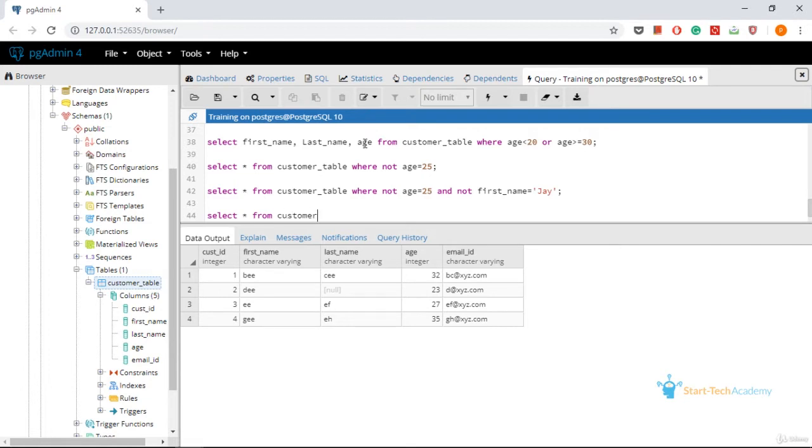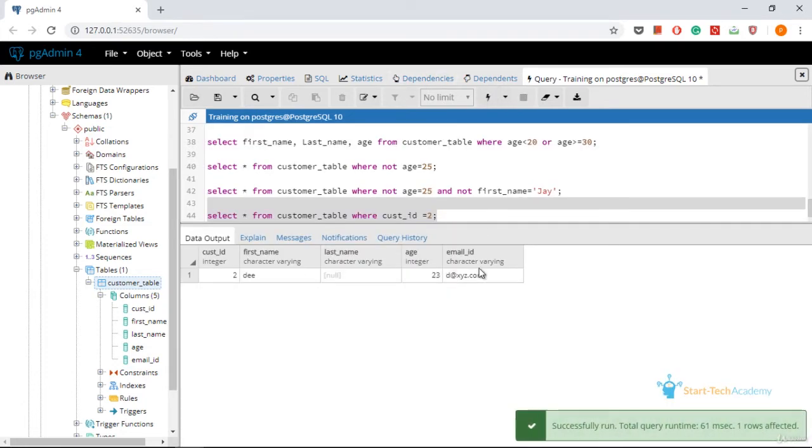Customer table where cust ID 2. So this customer is 23 years old and the last name of this customer is missing. If you want to add the last name and change the age to 17 years, this is how we do it.